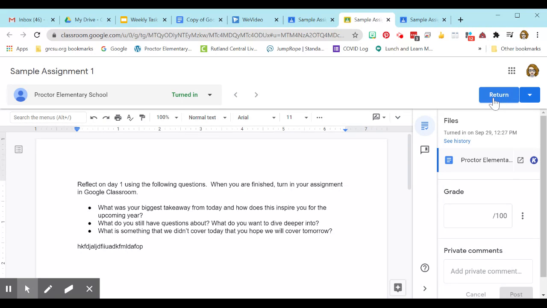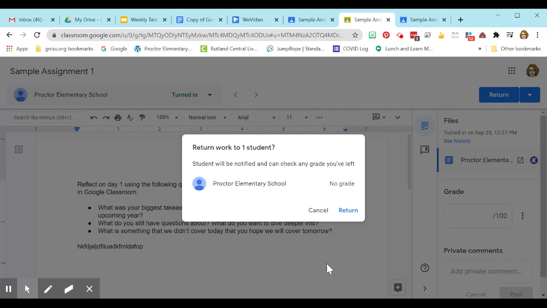If you delete the assignment before returning the assignment to the student, then the student will lose access to the document. We have many documents that we give kids. I'm thinking things like digital writer's notebooks that we want them to use throughout the year. If you delete the assignment before returning the document, the student will lose access to it. So get in the habit of clicking that return button, click return, and you are going to make sure that